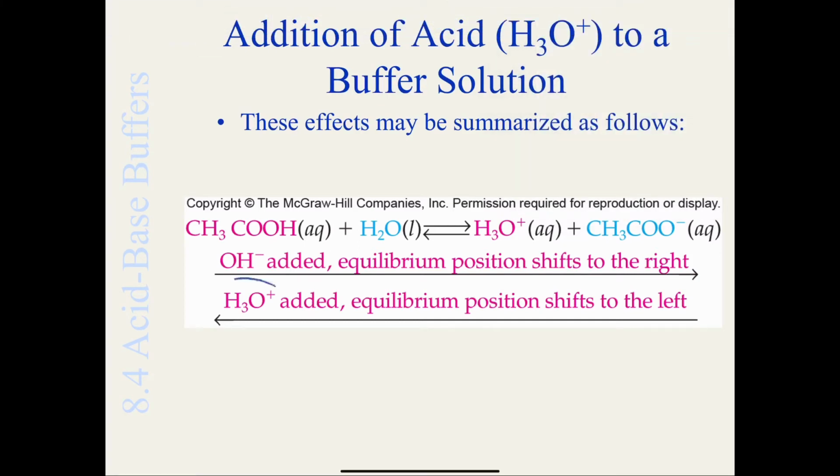If I add a strong acid to my buffer system, what's going to happen is I'm going to increase the amount of hydronium, which will in turn react with my conjugate base and drive the equilibrium to the left in order to produce more of my weak acid. Again, in both of these cases,